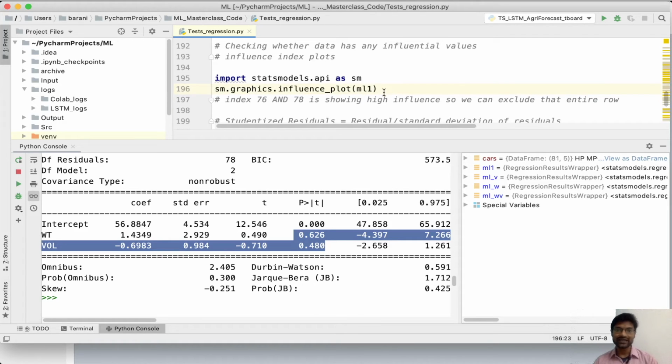To understand that, we can build a plot called an influence plot. When we give a specific model object to this influence plot, it will create a graph which is going to show us which input data is impacting the model behavior.